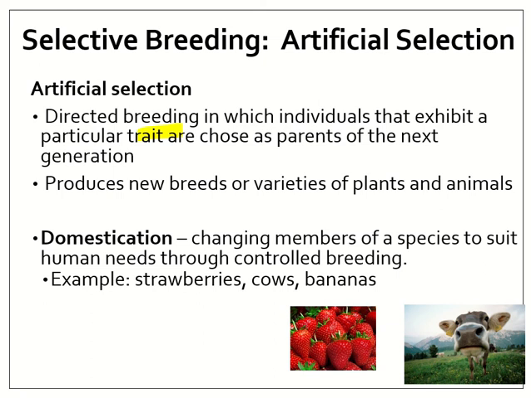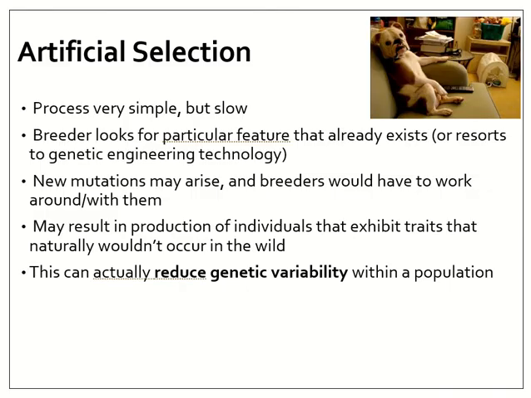When doing this, however, you are causing a decrease in the genetic variability. And so you're going to start to see less genetic difference within that population. And so that population can decline if there was, say, a virus, a fungus, or a bacteria that could come in. A great example of artificial